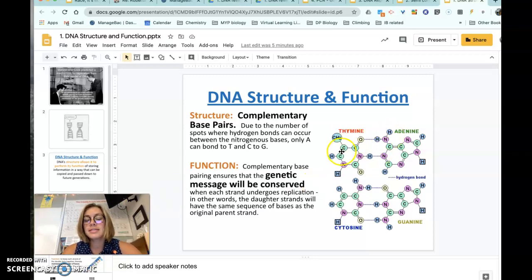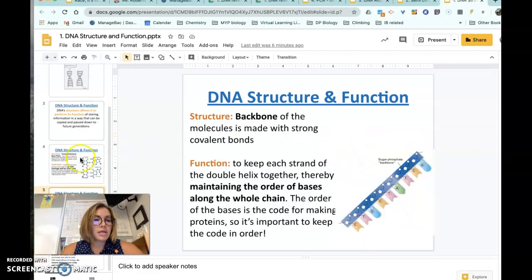So because T can't bind with G, it physically doesn't fit. You do get accidental base pairing, but you are more than likely going to get T binding with A, which allows this message to remain conserved. And so next,